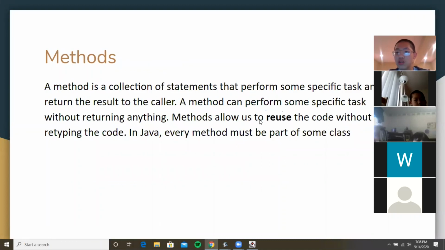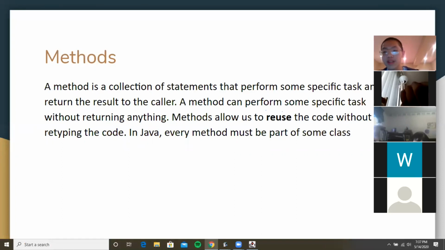In order to use a variable, the most common way to do that is to create a method. And the method is the main focus of what coding is: it allows us to do a specific task and tells the computer to do it instead of us doing it ourselves.